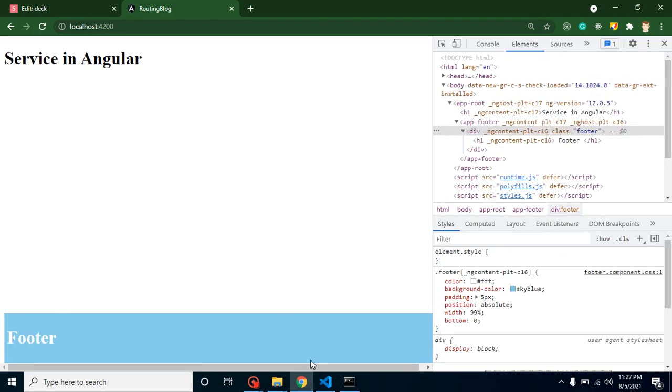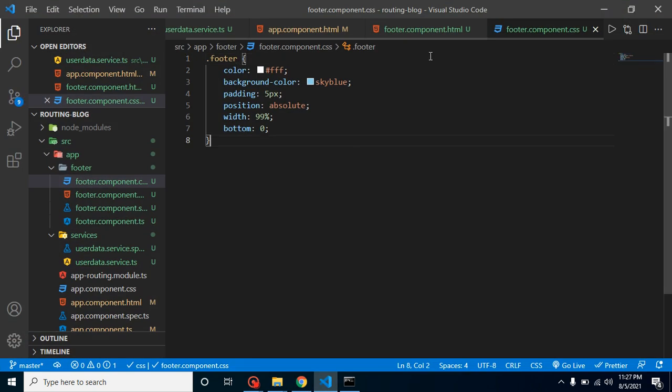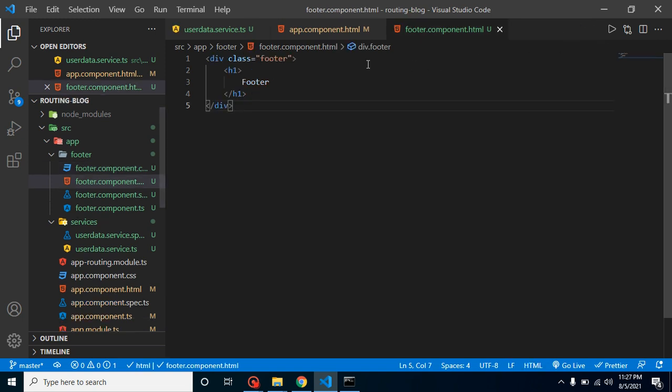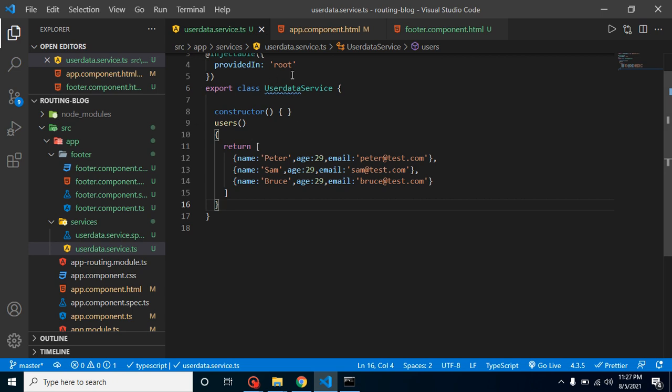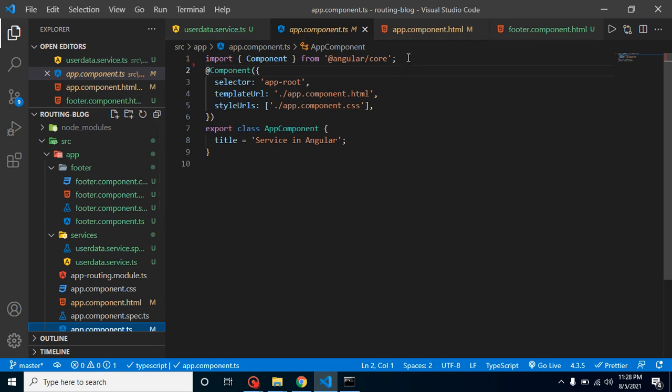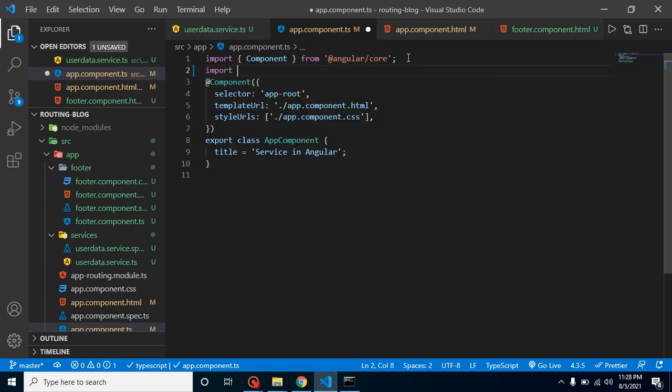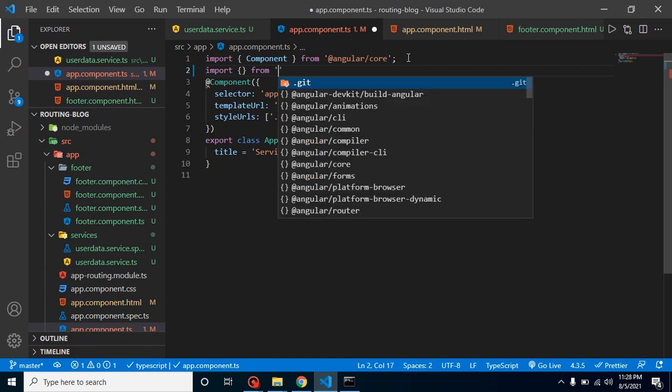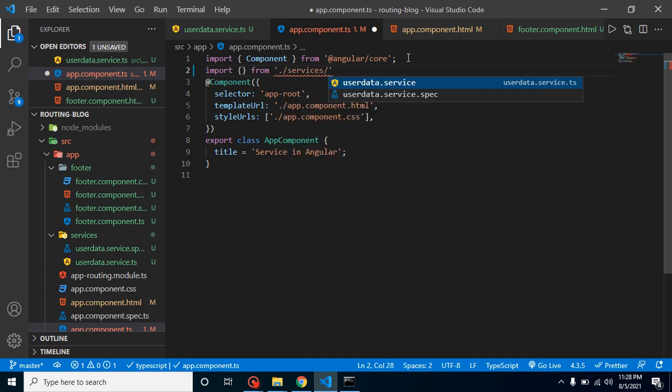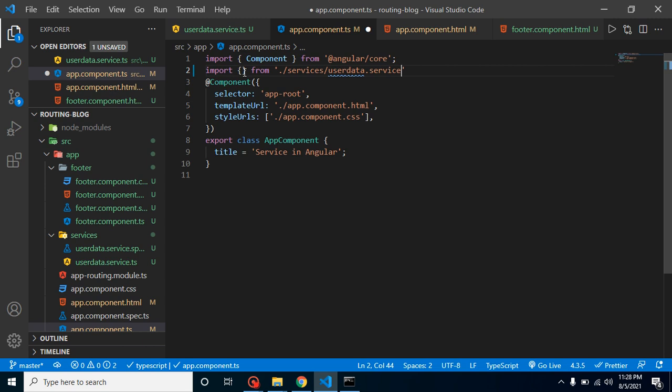So now let's call our service in the app component as well as in the footer, and we will start with the app component. We don't need this file, you can close it, and we need to import this file in our app.component.ts here. So let's import it. First of all, import something from service and user service, and let's put its name user data service, and we also need a constructor here,